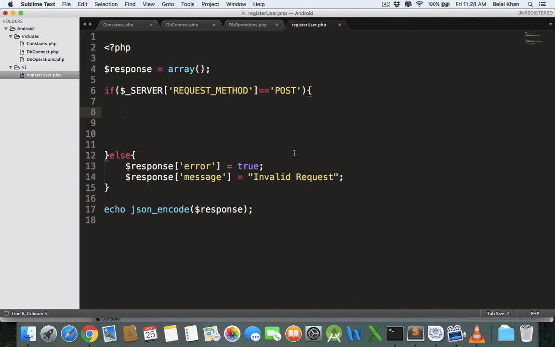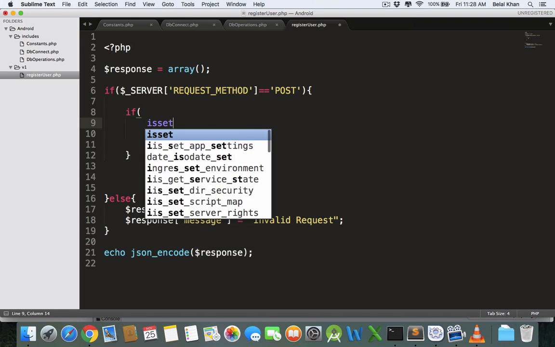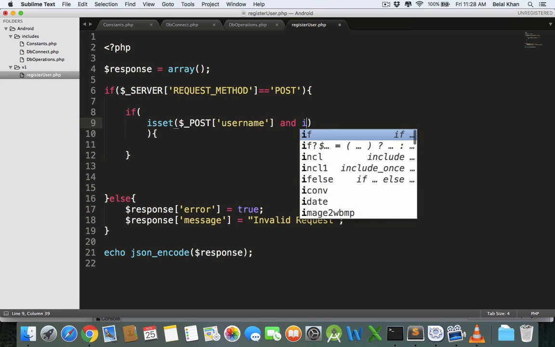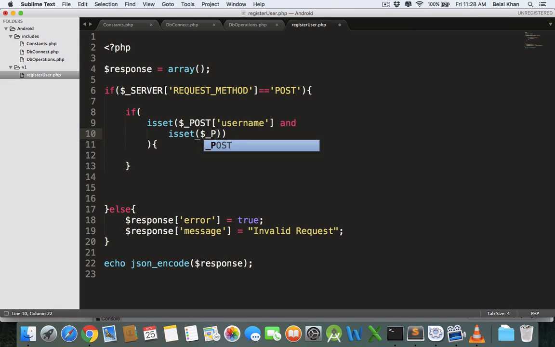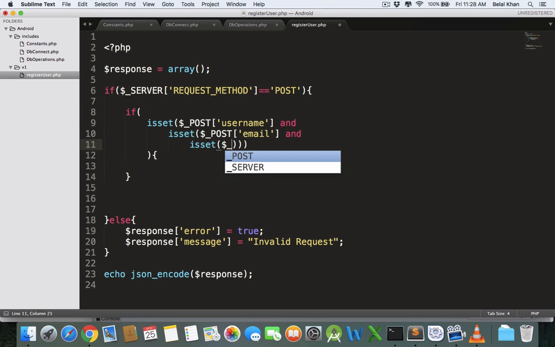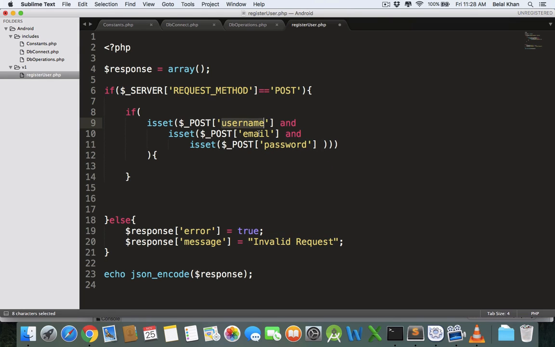So we can check isset $_POST username, and isset $_POST email, and isset $_POST password. If all these three keys are set, that means the user has provided all the required values,